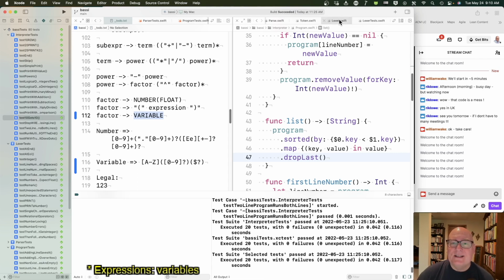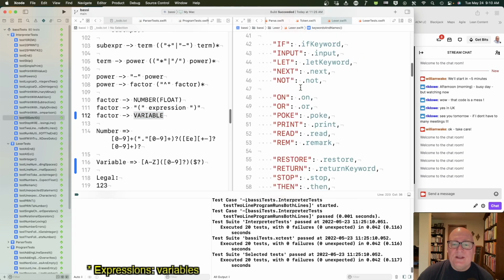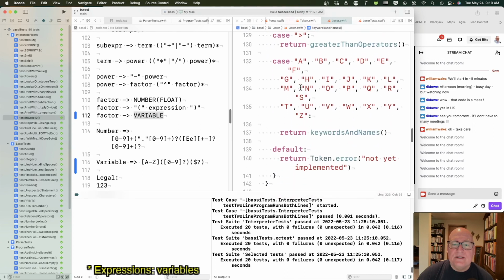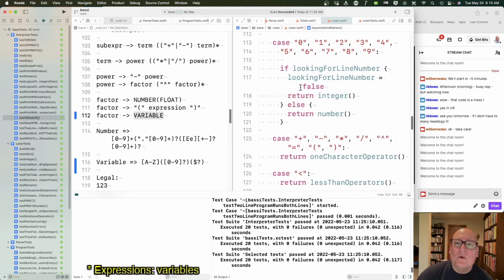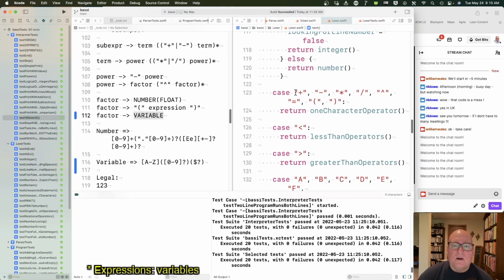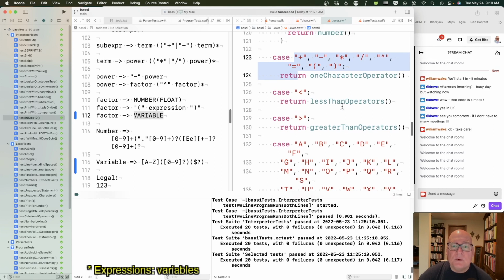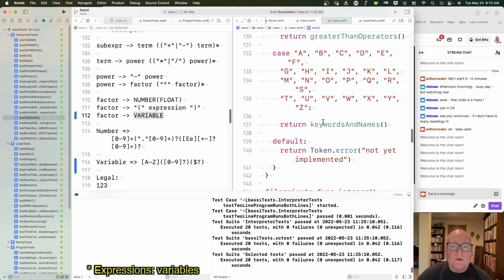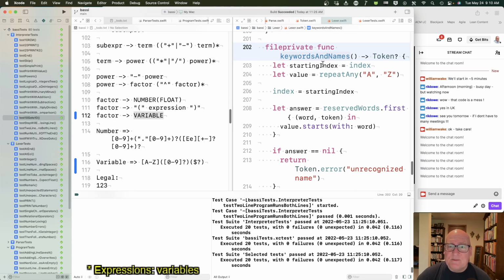All right, so our lexer, we have all the keywords, and then A to Z. Yeah, so we look for the digits starting a number, all the operators, including the ones that take multiple characters, and then the letters. And if it's a letter, we say, oh, it must be a keyword or a name. And I added names because we were going to be doing names today. But keyword,